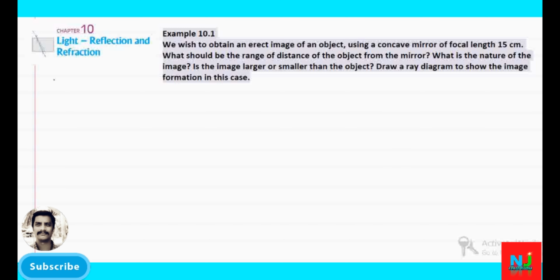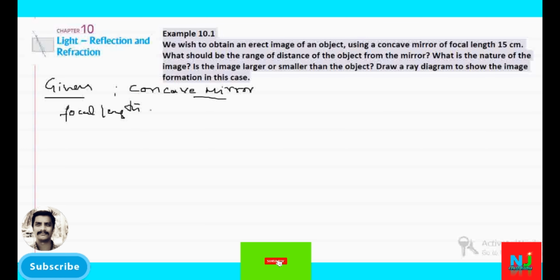First we have to write down what is given. First collect the data. The given is very important. What type of mirror is it? It is a concave mirror. Remember, it is a concave mirror. Focal length is given. What is the focal length? Focal length is equal to 15 centimeter. Remember, focal length for a concave mirror is measured opposite to the direction of light, therefore we have to take the negative sign. That is very important.